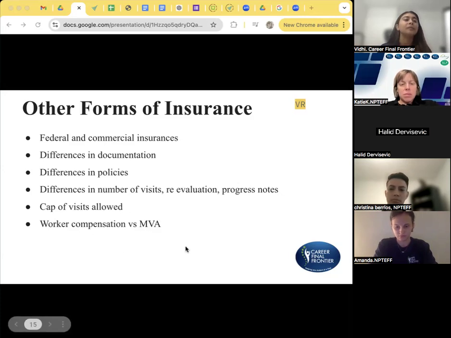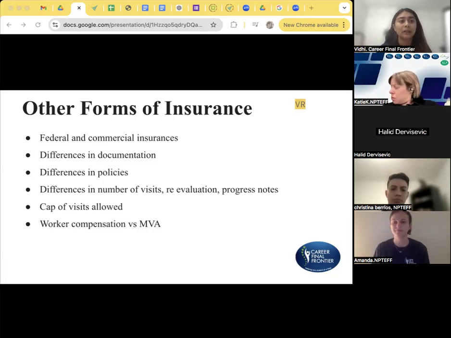Like we said, some insurances right away give you X number of visits to be seen by physical therapy, versus some insurances that will give you a few visits to begin with, and then maybe they check the progress and have you do a progress note or a reevaluation, send them for more authorization, and then get back and do more. All of these problems I don't think exist in an inpatient or skilled nursing facility because you're using mostly the federal insurances. This is more when you're in an outpatient setting.